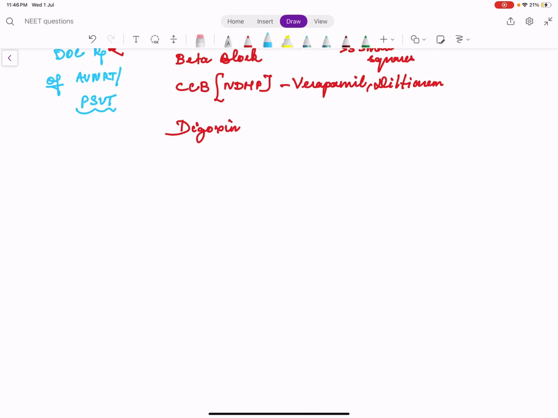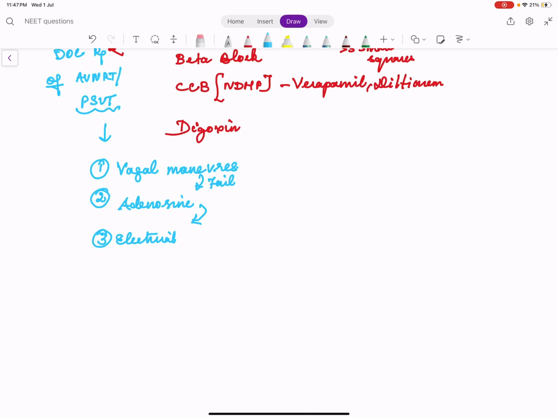So how will you treat PSVT? It is not directly adenosine. The first step is vagal maneuvers. Vagal maneuver is like pouring cold water on the face, immersing the face, and blowing out air. So there are some maneuvers called vagal maneuvers. You need not remember everything. When vagal maneuvers fail, we have to use the drug which is adenosine. Okay, when adenosine fails, we are going to use electrical cardioversion. This is how you treat